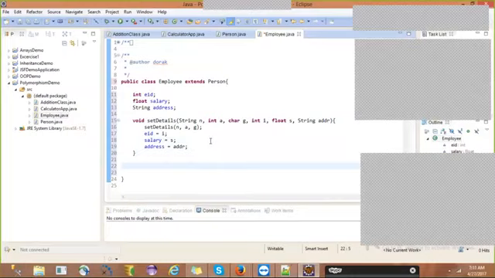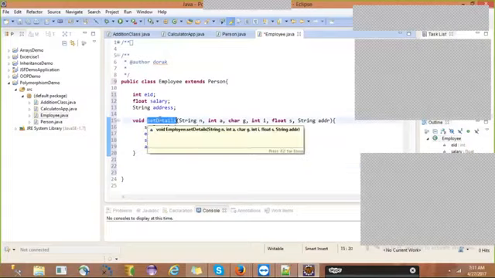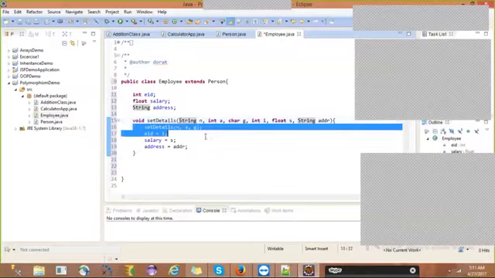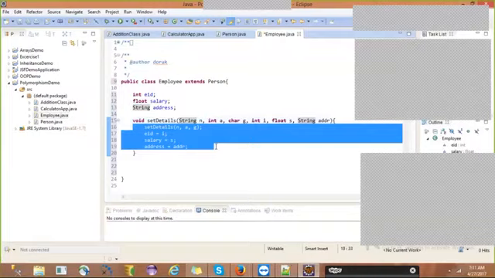Even though we are extending here, set details means our intention is to collect inputs for the employee object, where the employee object's inputs are in total 6 values we need to take. That's why we are defining set details with the 6 parameters. But inside the code, of course, this one yesterday we have seen in inheritance, right?